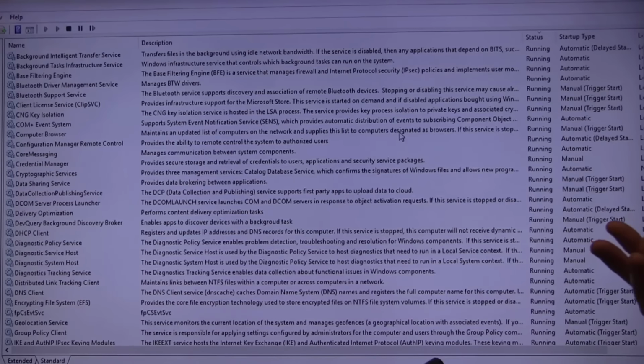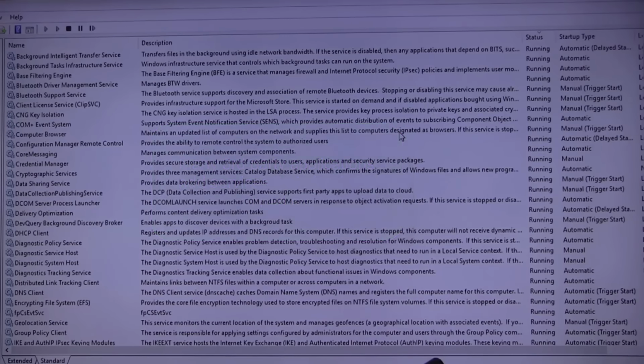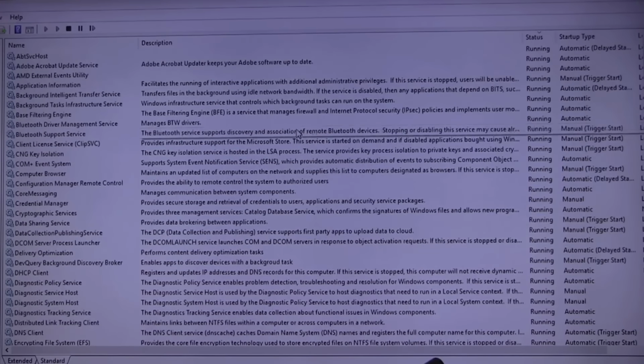You don't ever use them. Only some people use them. Every time you can turn off a service, you actually give back more memory to your operating system. You actually improve the performance of your operating system. So it's a good thing to occasionally go in and learn what services can I stop, can I not run, and actually improve the performance of my operating system.